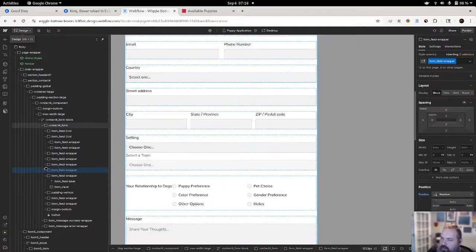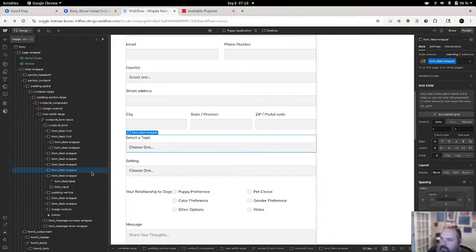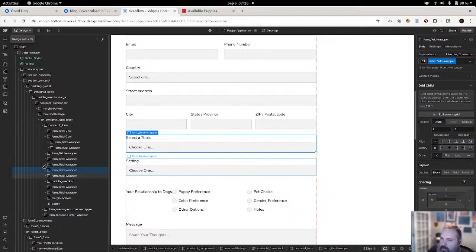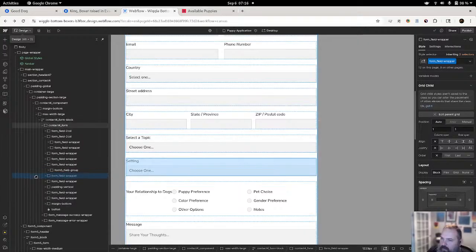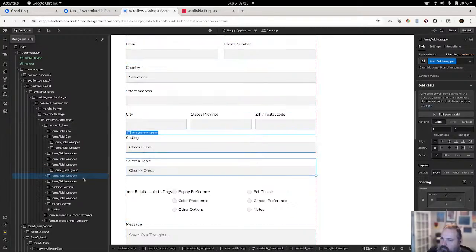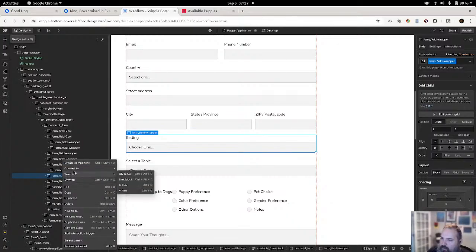Move it out. No, out. Out. All right, now we got the setting, and then we're going to wrap it in a new div.